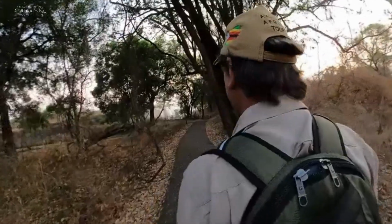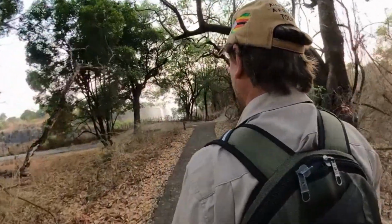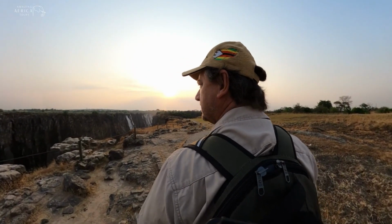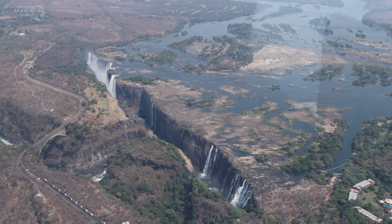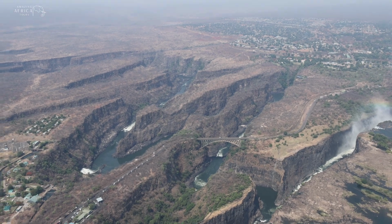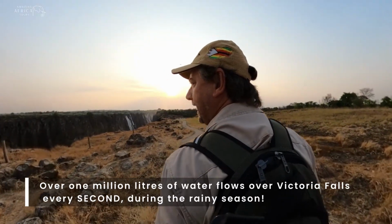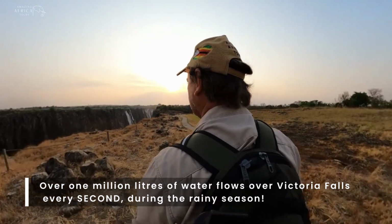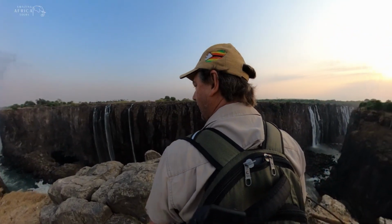On this episode, we're on a very special and rather personal trip to Victoria Falls in Zimbabwe. So during the rainy season, this wall on the opposite bank is just a wall of water. Millions and millions and millions of litres of water flowing over that every second. Not every minute, but every second. It's kind of insane. Far below us,